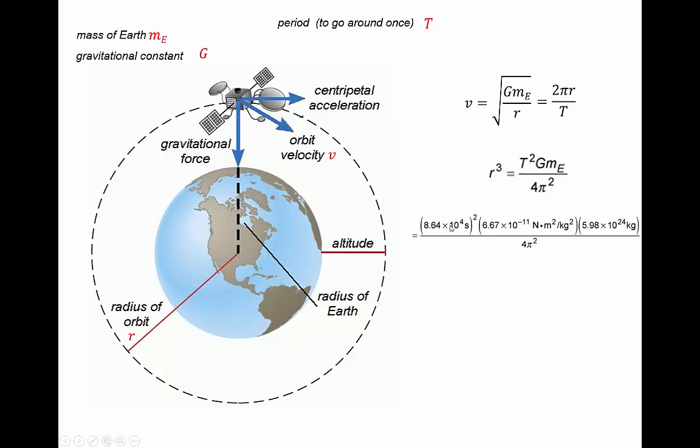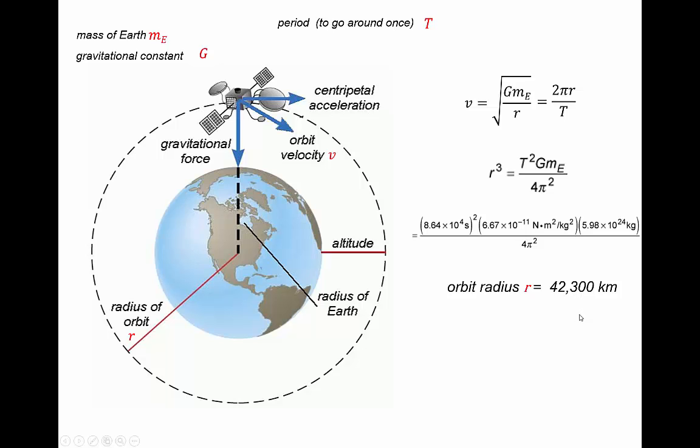So we fill it out, we put here the number of seconds in 1 day, you can calculate that, the gravitational constant, and the mass of the Earth. As you can see, the Earth is quite heavy. And we divide that by 4 pi squared. So if you do that all in your calculator, then you ought to be getting this answer,